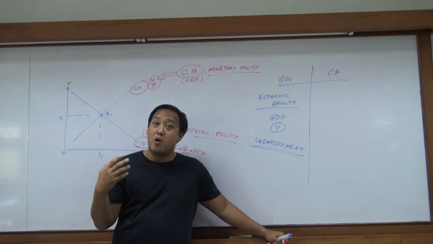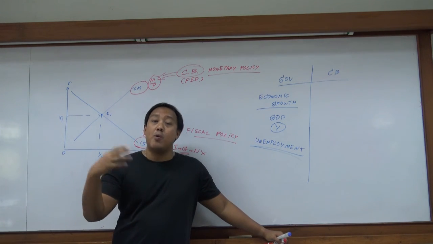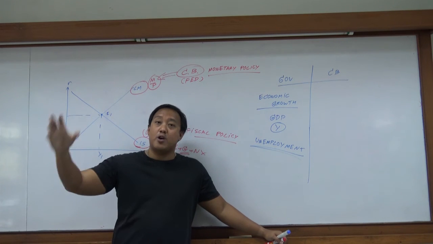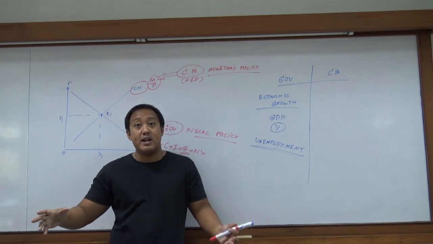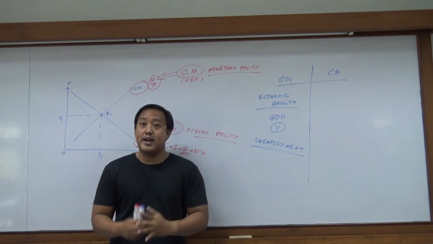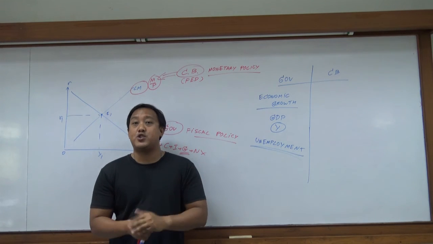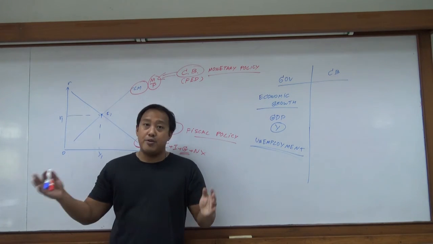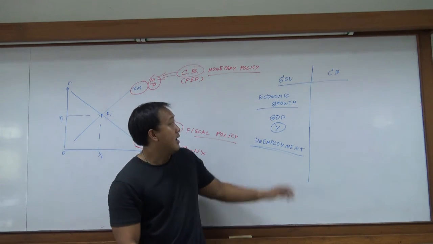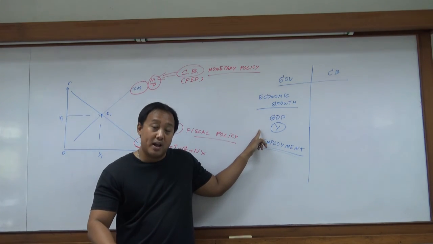When the country produces more, we're going to hire more labor. Everyone is going to get a job. When every person in the economy gets a job, everyone gets a good life, right? Because when you have a job, you work, you get money, you can spend that money to take care of yourself, you can spend that money to take care of the family. Everything moves on. But when economic growth is really bad, when GDP is really low,